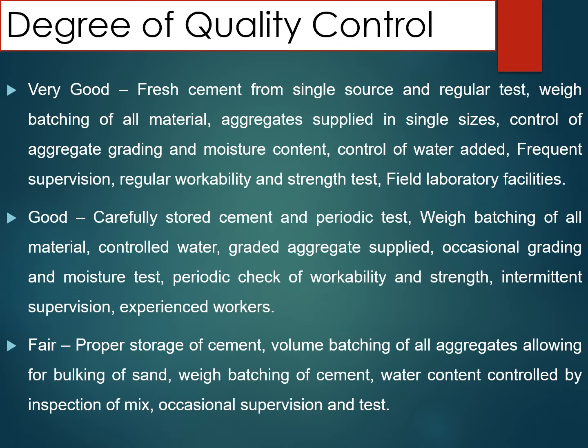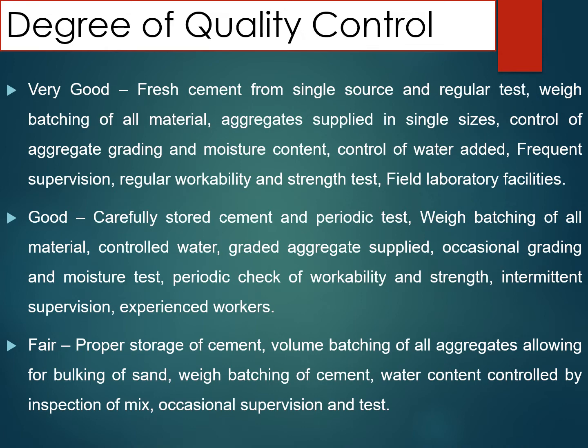Coming to degree of quality control, it is again divided into three categories, that is very good, good, and fair. Very good category is considered when fresh cement from a single source and regular tests, weigh batching of all materials, aggregates supplied in single sizes, control of aggregate gradings and moisture content, control of water added, frequent supervision, regular workability and strength tests, and field laboratory facilities available at the site are all present. Then such conditions are said to exist, and a very good degree of quality control is being maintained in